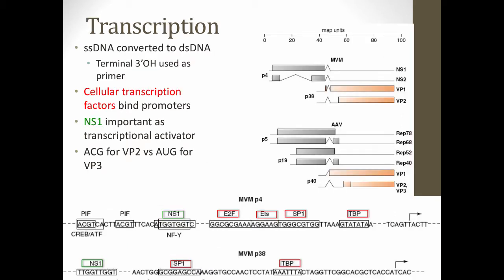All right, so we've seen how single-stranded DNA gets converted to double-stranded DNA in the nucleus by cellular DNA polymerase. Now, both cellular transcription factors and viral transcription factors can bind to the promoters. And so you have, in red boxes, examples of cellular transcription factors that will bind to these viral promoters. And in green, you have